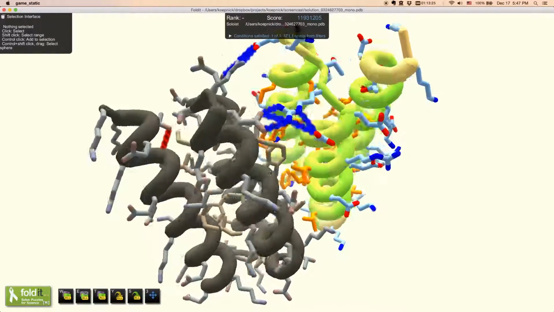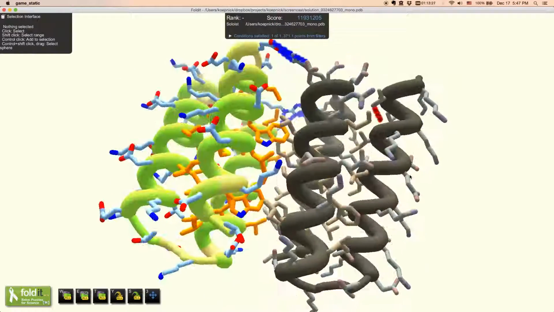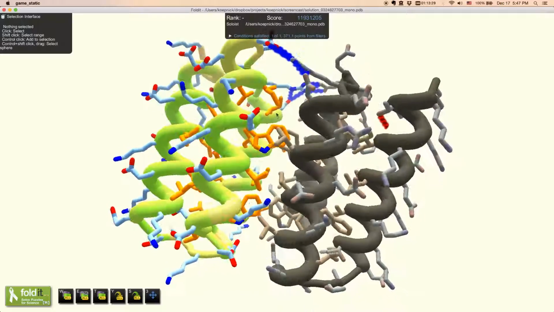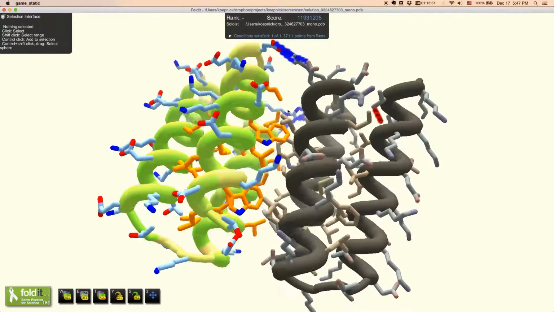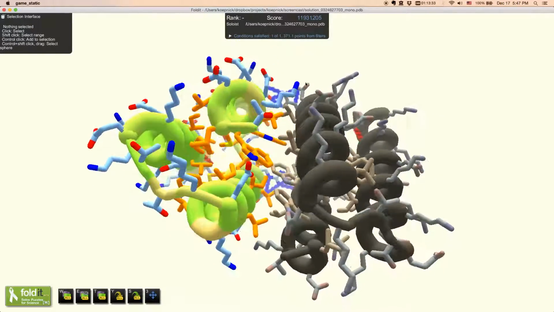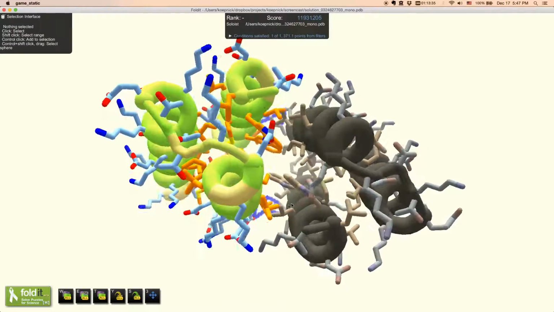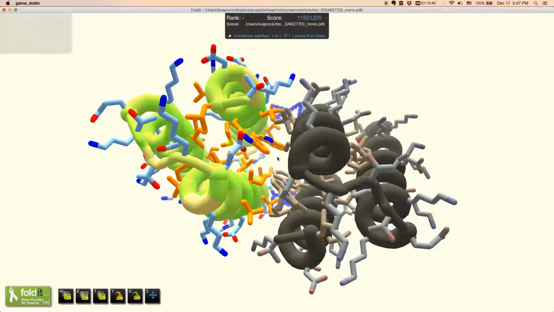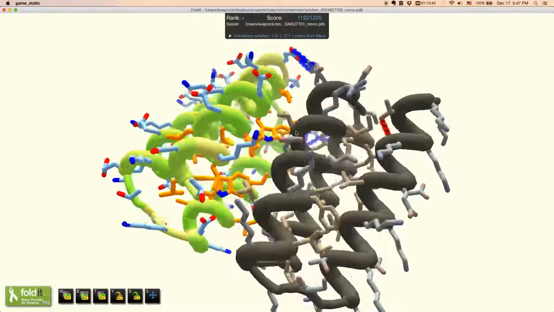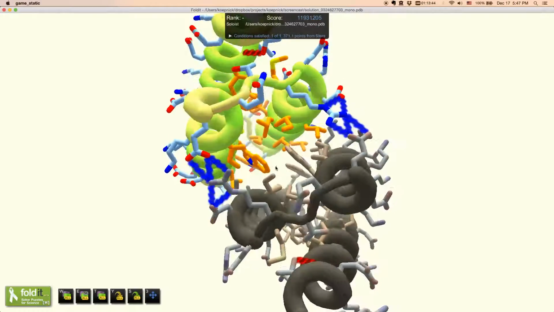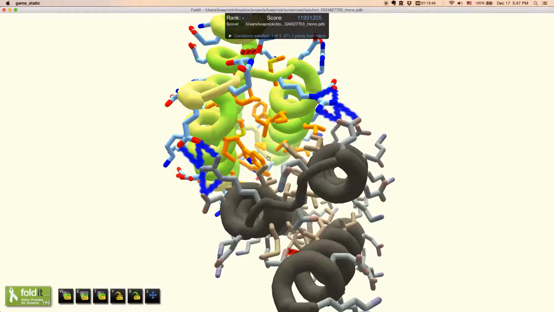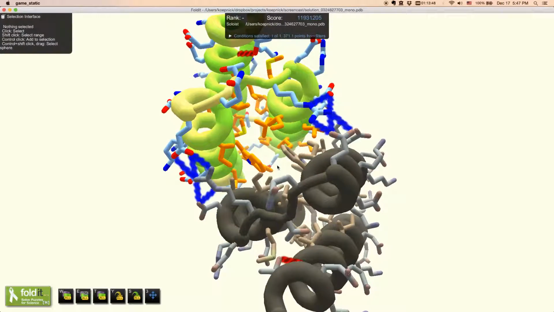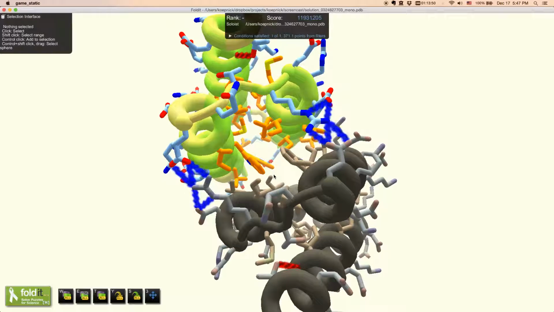And hopefully that tryptophan is not scoring too great. I imagine it's there because it packs really well. It has the perfect shape to fill that spot. And that is one strength of this design, is that the interface looks very interdigitated and well packed. So otherwise a very good looking design, but unfortunately the hydrogen bond networks here are not what we're looking for.